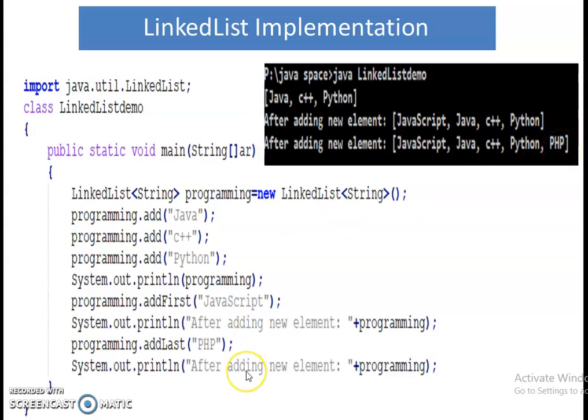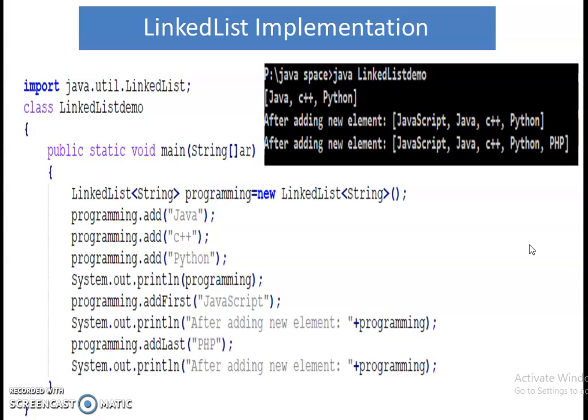In similar fashion we can use other methods of the linked list. Using the methods of a linked list we can also remove an element from the first position, or remove an element from the last position. We can also get the size of the linked list, or we can get the element from a particular position, or we can set an element at a particular position, right? In similar fashion we can use other methods of the linked list.